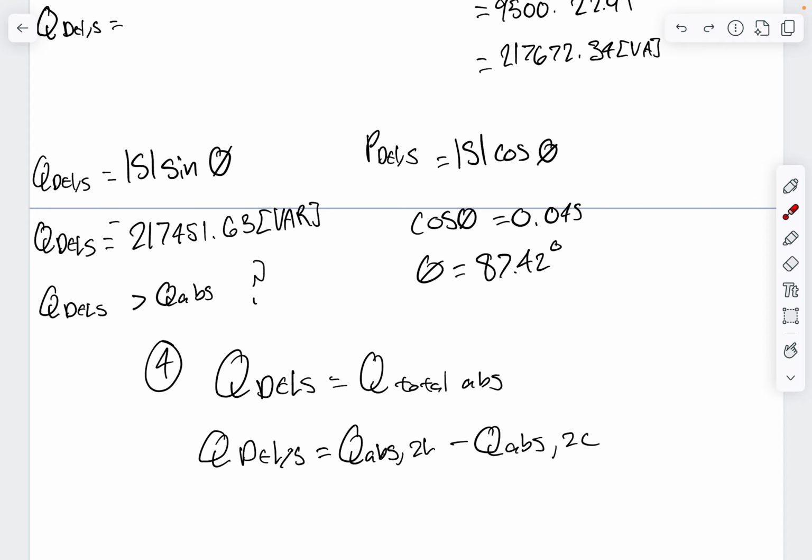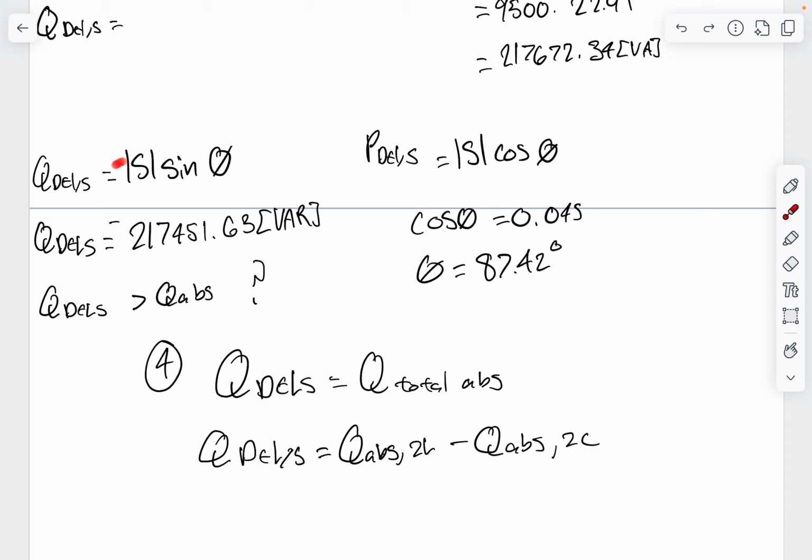The reason for why we make it negative has to do with this. We get that delta is equal to 87.42 degrees, and then we just push that into right here. But the problem was that 87.42 degrees was actually negative,